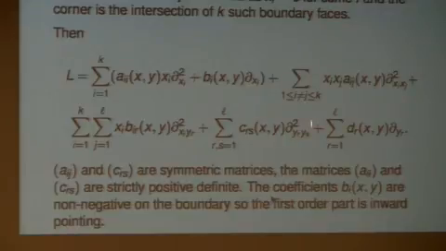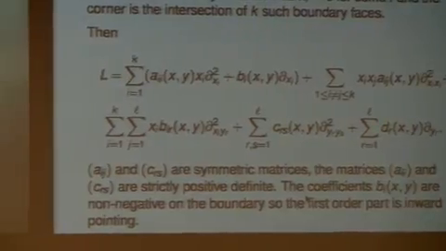Here I have the corner slash tangential second derivatives. They have an x factor of xi. These guys are non-degenerate. This is the part of the operator that restricts to an elliptic operator on the corner itself. The corner is a codimension k manifold. And here's some bit which is tangential. Okay? So the c's and the aij's are positive definite, and so on. And we have this non-negativity condition on these coefficients here. Okay, so it's a bit of a complicated formula, but again, this is meant to be a relatively straightforward generalization of the one-dimensional case and of the higher dimensional case that was written down that just had polynomial coefficients.